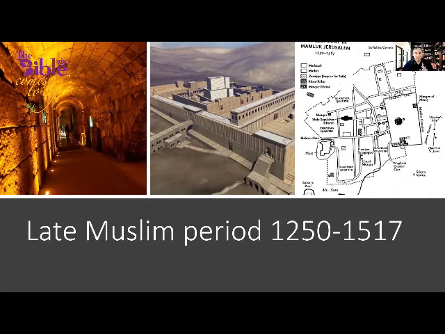Something very unique happened during the time of the Mamluks. If you remember, on the west side of the temple, we had the central ravine, the Tyropoeon. We had two main entrances. One is the Robinson Arch, which is right here, and the other one is right here, which is called the Wilson Arch. What the Mamluks did, they actually built arches. These are the arches that the Mamluks built in order to basically cover and bury that ravine, this Tyropoeon.